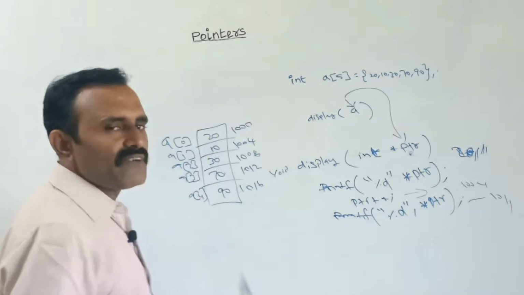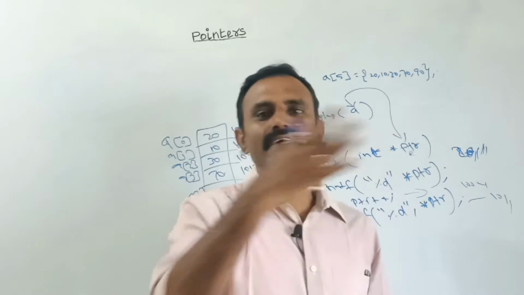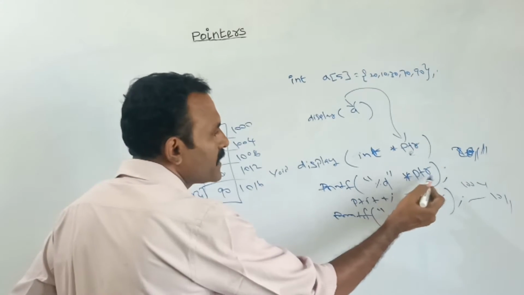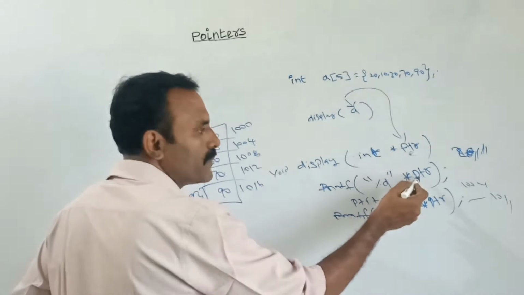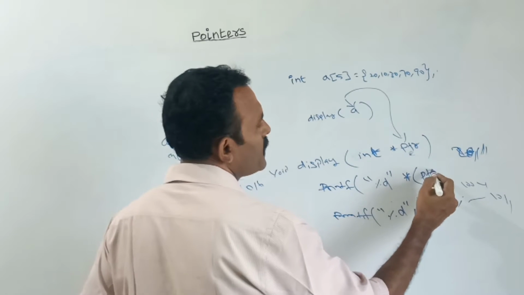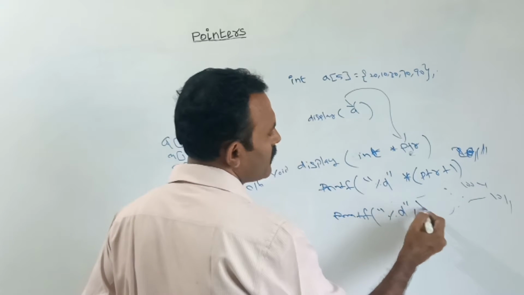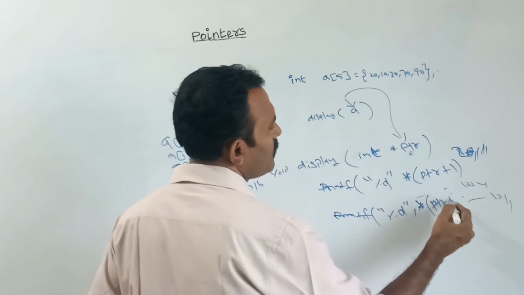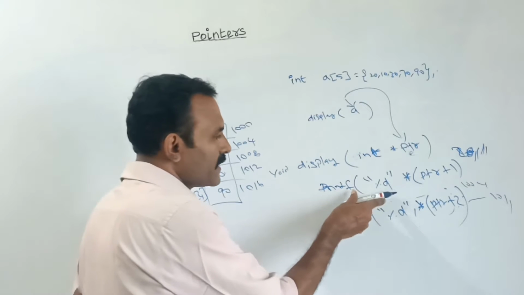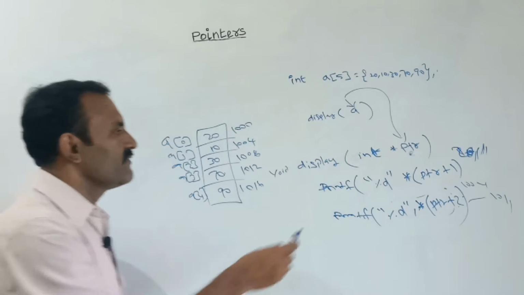So first we can get the base address of an array. Next, from that base address, we can access every remaining element. Last class we had seen, here I am using star ptr, that is value at the pointer variable. Otherwise we can give it like this also: value at ptr plus 1. Next, value at ptr plus 2, so that without incrementing the pointer variable, if we want to display the value at a location, then we can give it like this.